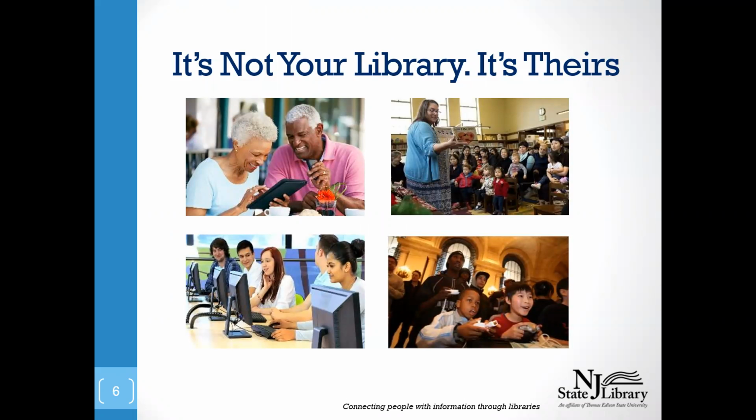So as your strategic planning committee is ready to begin to formulate a strategic plan, I want you to keep something in mind, and that is, it's not your library, it's theirs. Library is the community anchor, an essential service, and as such, it belongs to the entire community. And your job really is to engage stakeholders in the community to make your library reflect that community. And every community is different, therefore every library will be different. They'll have some core values, but really everything is tailored to the community where the library sits in the center